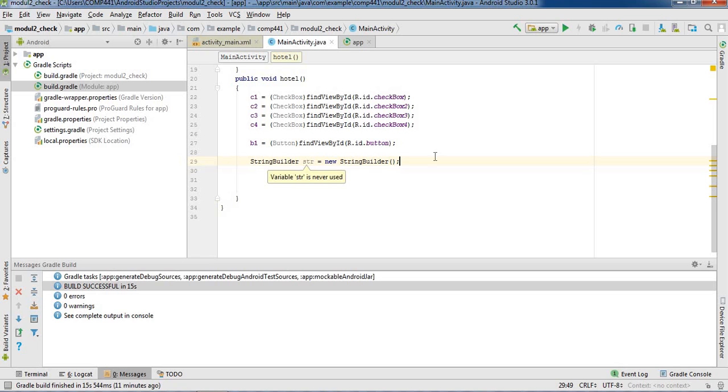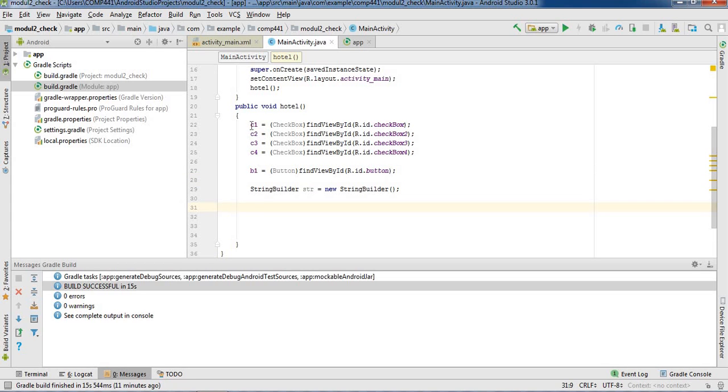That's why this str does. Okay, so we have to just check it out कि अगर C1 क्लिक किया है तो C1 में जो है वो str में भेजो। अगर C2 क्लिक किया है so we have to check each and every checkbox that it is clicked or not when he or she is going to click on the button.